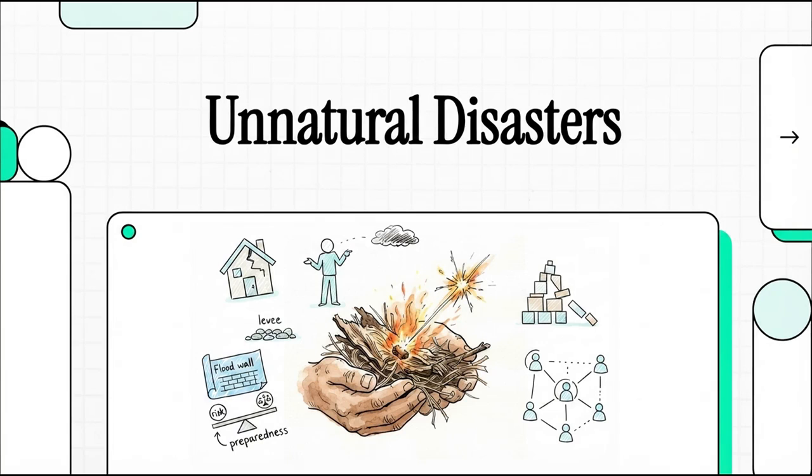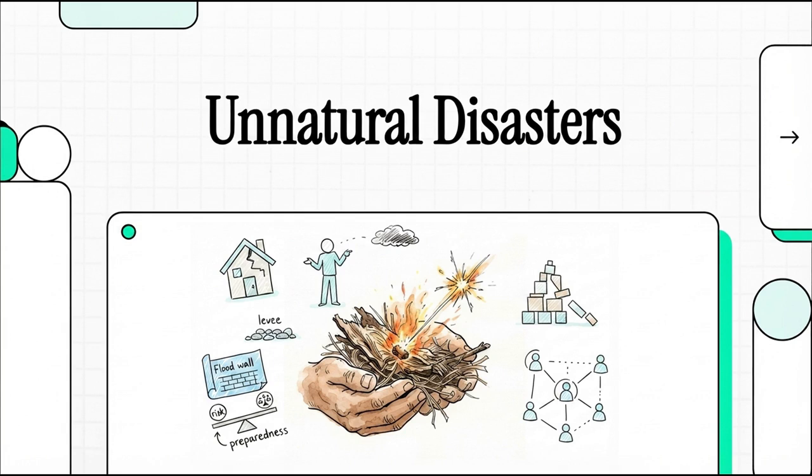Whenever we see a catastrophic event on the news, it is so incredibly easy to just throw our hands up and think, well, Mother Nature is angry again. We instinctively blame the storm, the earthquake, or the flood for all that devastation. But as I was reading through this chapter from the Intergovernmental Panel on Climate Change, or the IPCC, I realized something pretty wild. The actual disaster part, that is largely our own doing.